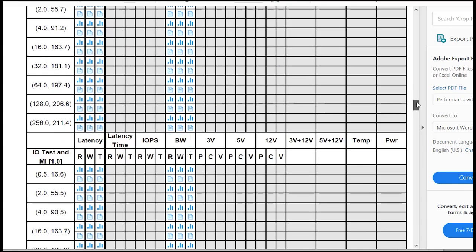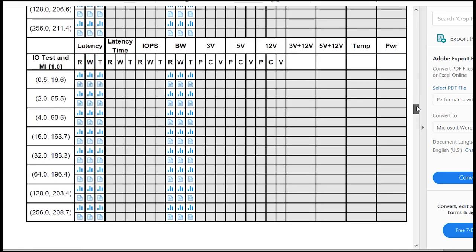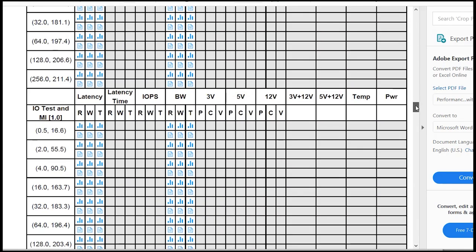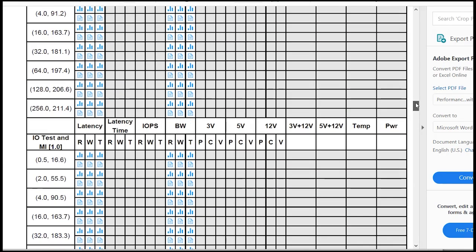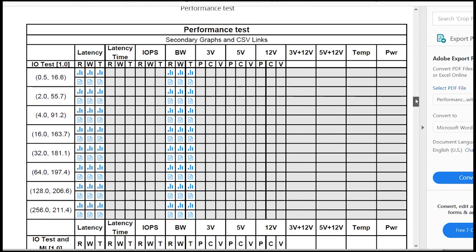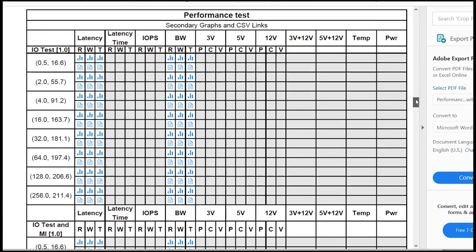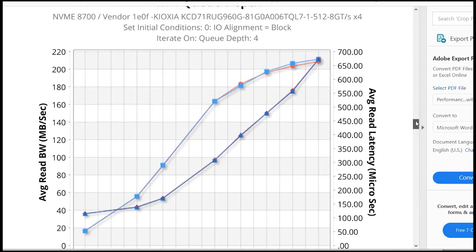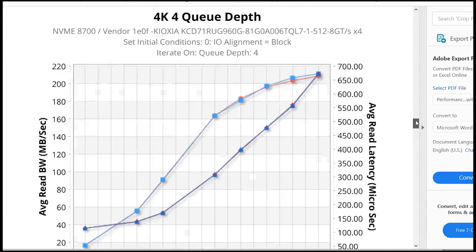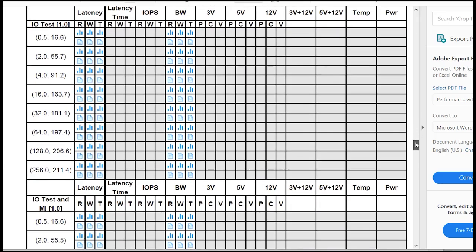It gives me all the different options across those, both for block, and the second one obviously is my 4K. Again, this is my next chart that I created, and again gives the different I/O sizes, the latency, the bandwidth, and you can come in and again pull up the charts that you saw earlier.